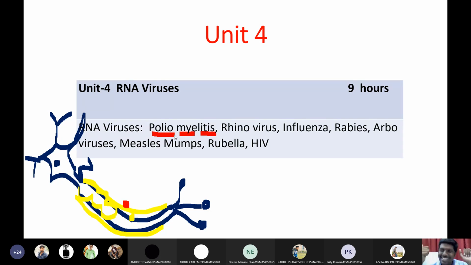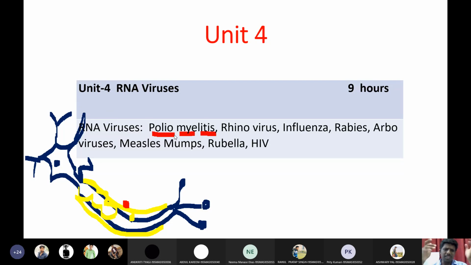After that, in the third stage, the poliovirus will migrate to the brain and the patient will go into a coma and he will die. So this is how poliovirus pathogenesis looks. The primary target of poliovirus is the spinal cord, especially the white region of the spinal cord. That means the myelin sheath of the spinal cord, resulting in inflammation of the spinal cord. That is why the disease caused by poliovirus is called poliomyelitis.